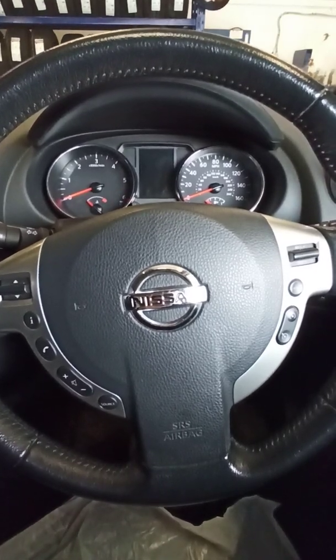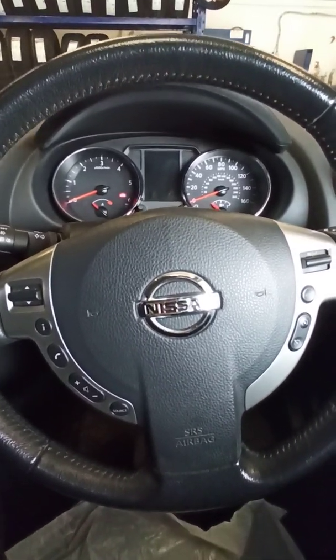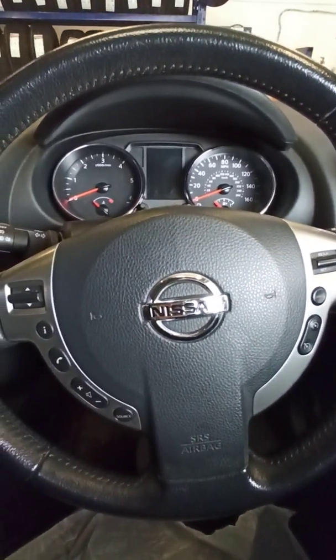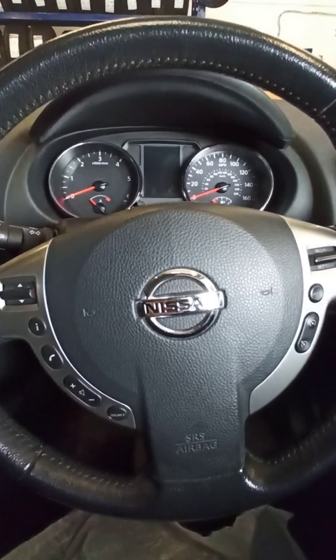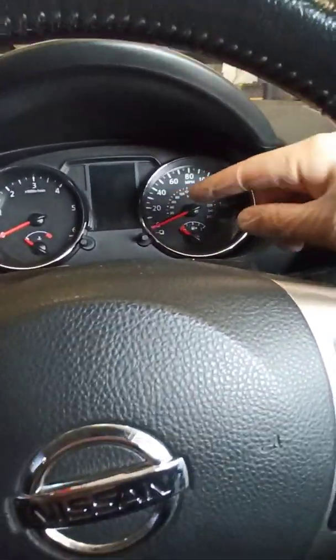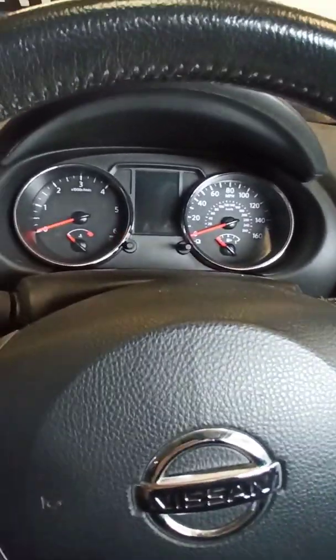Hi, in this video I'm going to show you how to reset the service light in Nissan Qashqai 2013. We are going to use this little button here. So we start with ignition on,